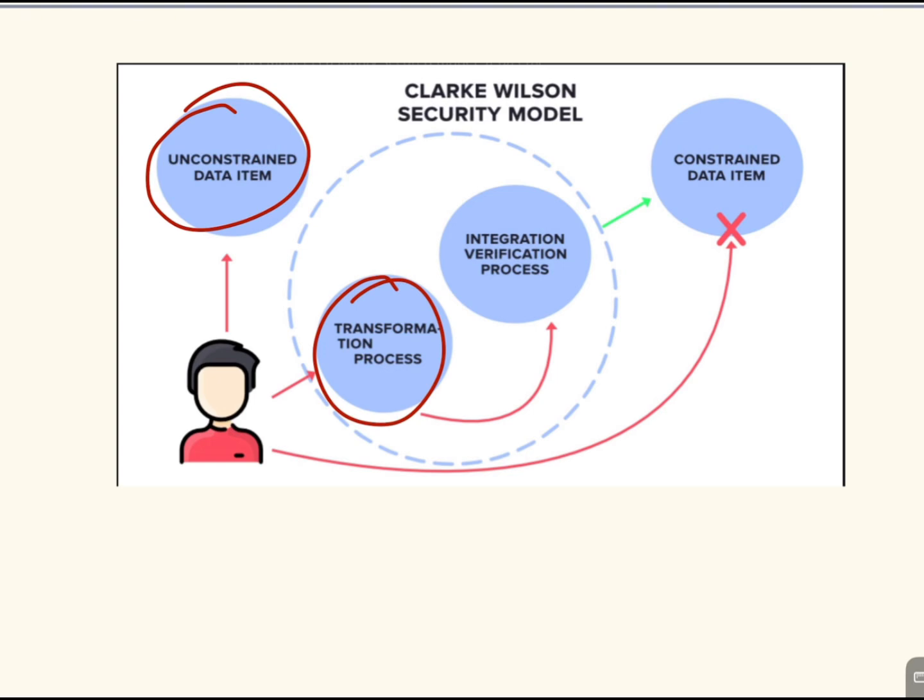The transformation process ensures that only valid operations are performed. Example: an automated accounting system checks the submitted expense report for errors. If there are any errors, it will report the error. So then the next step would be